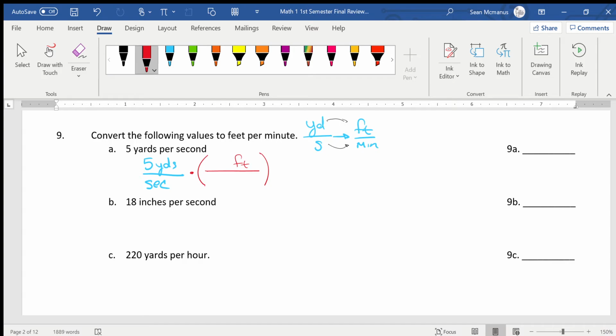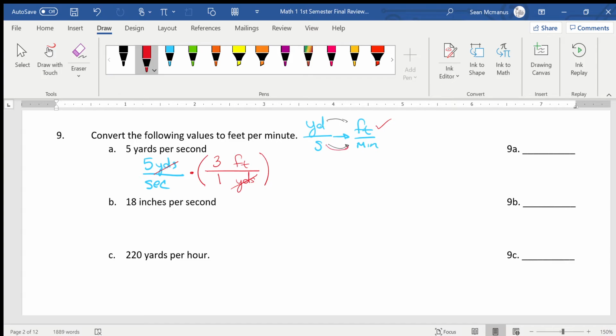And remember, this is like the idea of multiplying by the big number 1, right? I can multiply by 1 and it doesn't really change the value of what I have, it just looks different. So yards to feet, so I know that 3 feet is 1 yard, right? 3 feet and 1 yard are equivalent. So if I make a fraction like this, it's like multiplying by 1, but the units will cancel out, which is a good thing. So now I have feet on top, which is what I want,